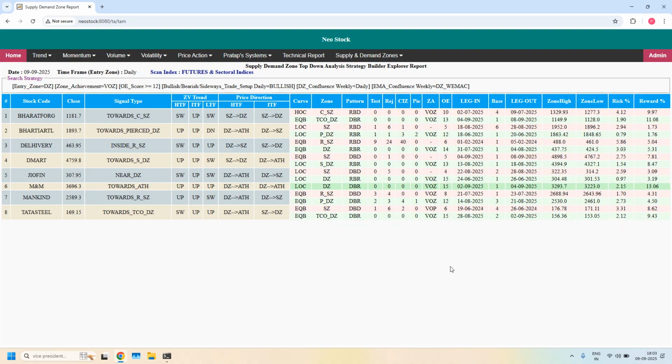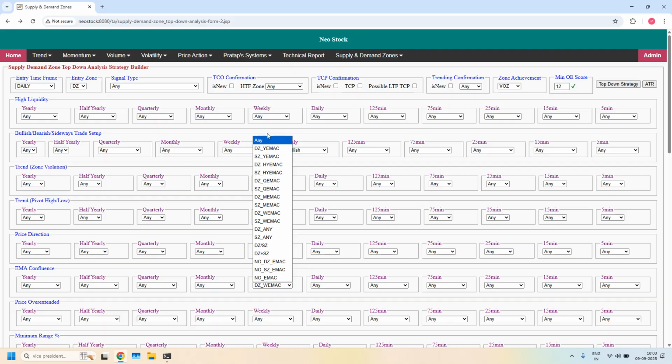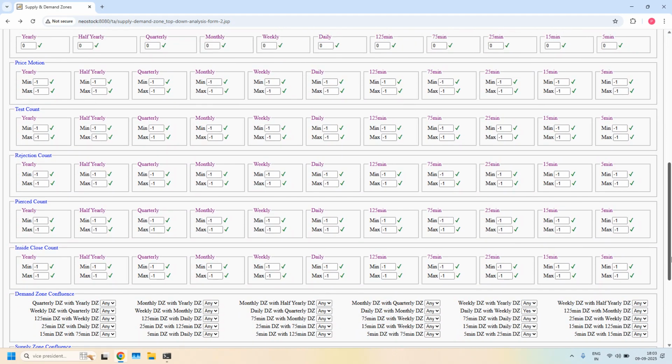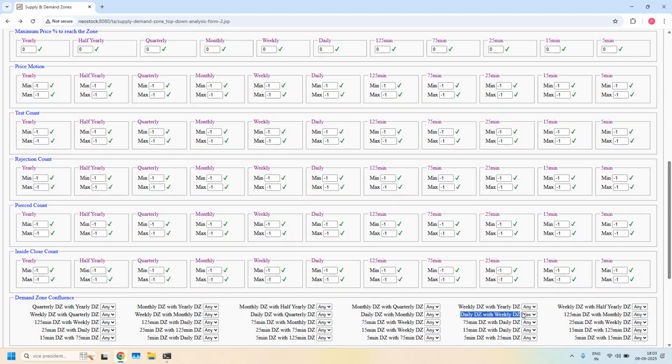Okay, next strategy is LTF, ITF and HTF demand zone confluence. Thereafter HTF EMA confluence. Let us filter those stocks. So I am going back, removing ITF EMA filter. Demand zone confluence, 3 filters I have to set. First one is daily and weekly, already enabled. Next, daily and monthly, weekly and monthly demand zone confluence. With all the 3 filters,